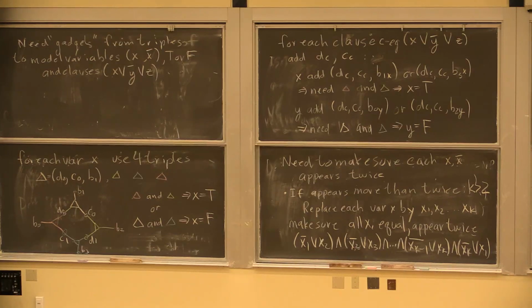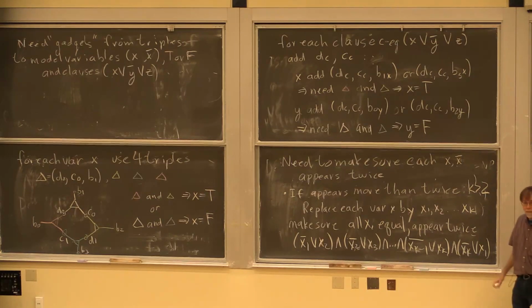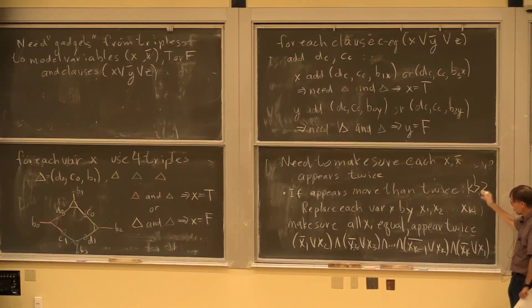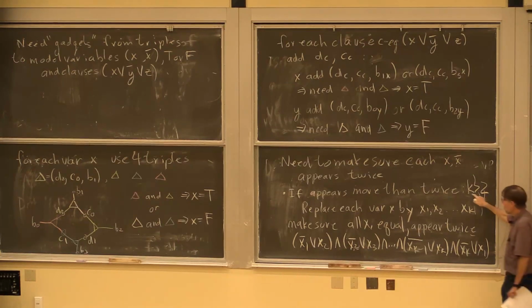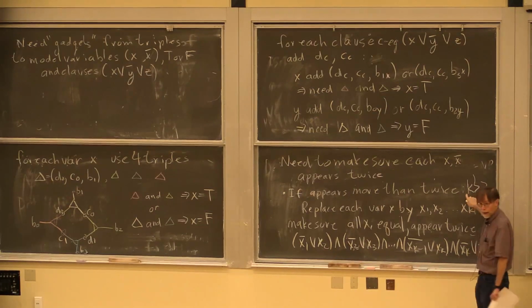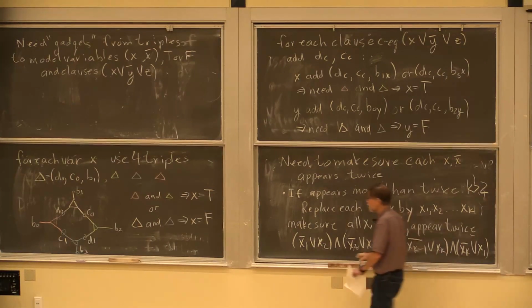How do you choose the k? I just look at my original 3-SAT problem and count how many times x appears. That's k. This is a very technical construction, but it's going to be very useful. It's a technical trick that will let us get to all these other problems. So this is what you do if a variable appears 3 or more times. But what if it only appears once? That's also a possibility, so I have to fix that too.